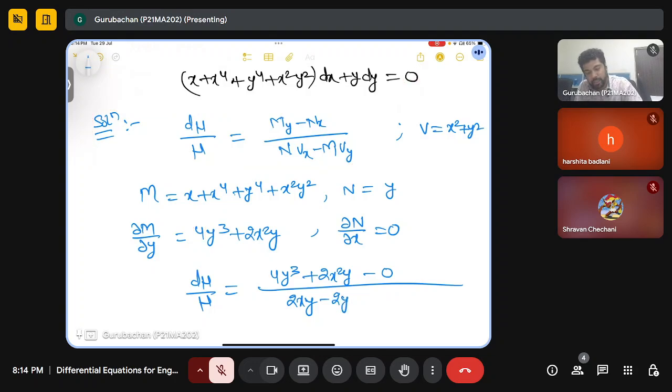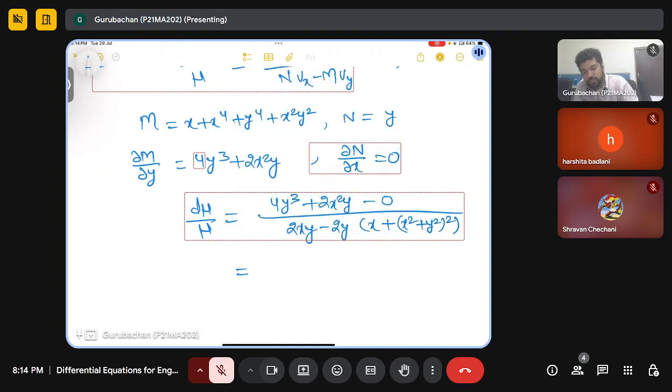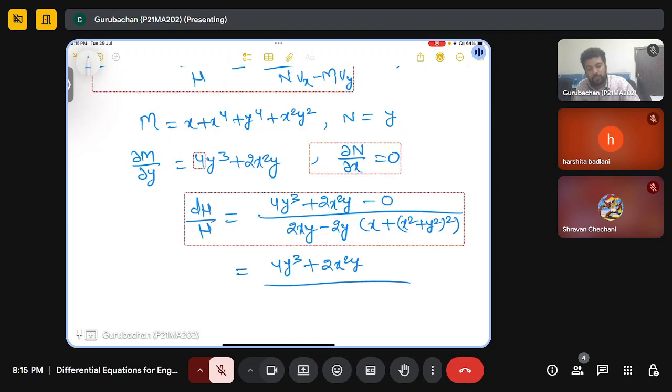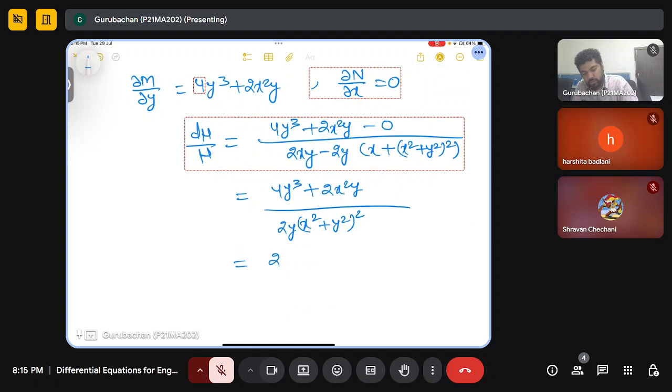And what is M here? If you observe, this will be nothing but x plus x square plus y square whole square. So this will give you 4y cube plus 2x square y. So 2xy will cancel out. It will give you 2y times x square plus y square whole square. So if you take common 2y from the numerator, so it will be,